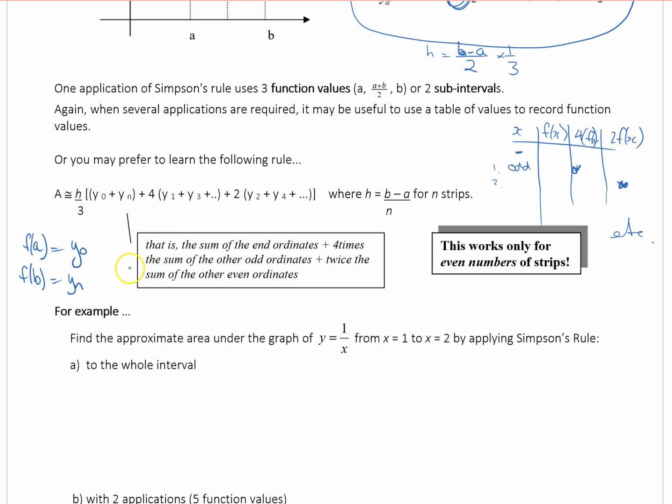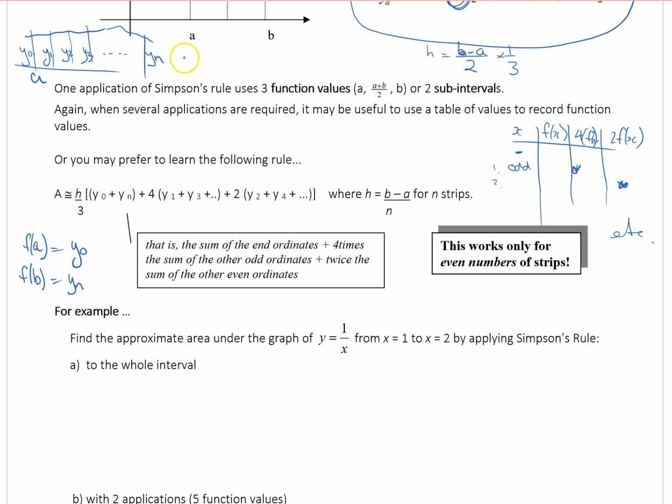In some ways this makes sense to me: if I've got my various x values and my various function values, why not call this one y0? It's starting at A. And why not call this one y1, y2, y3, all the way up to